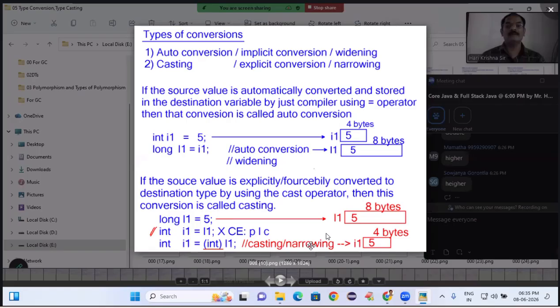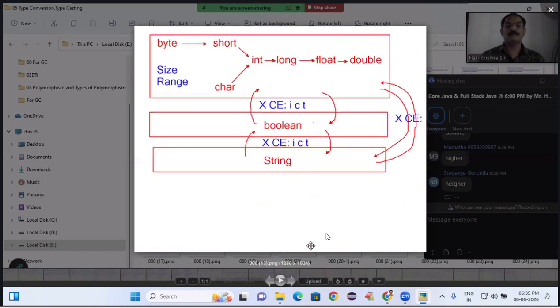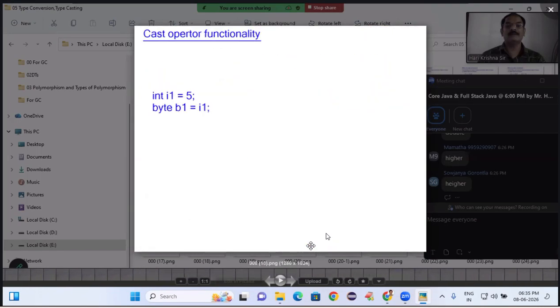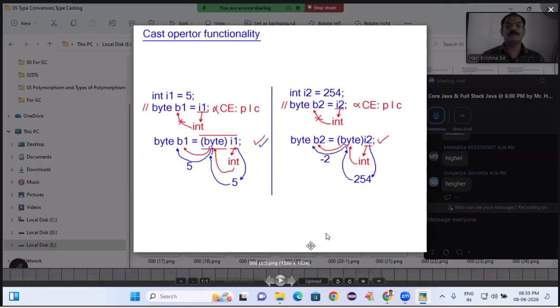What is the cast operator doing? What is the functionality of the cast operator? Cast operator will tell the compiler